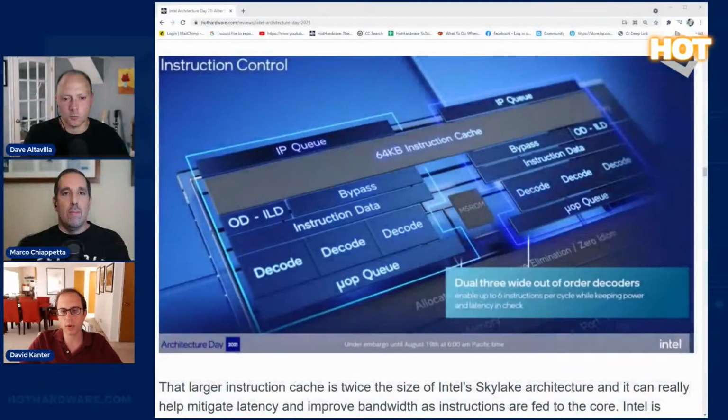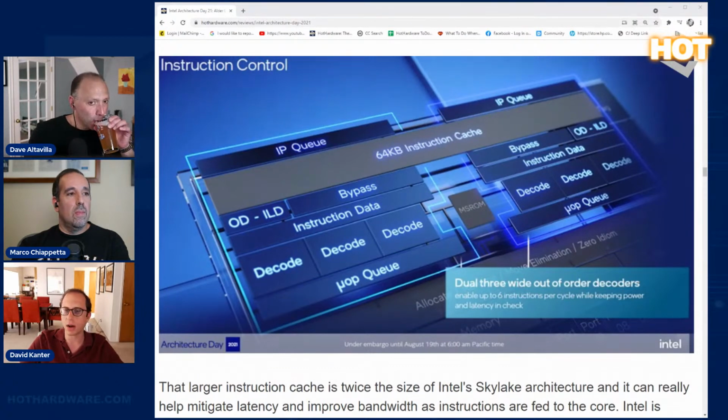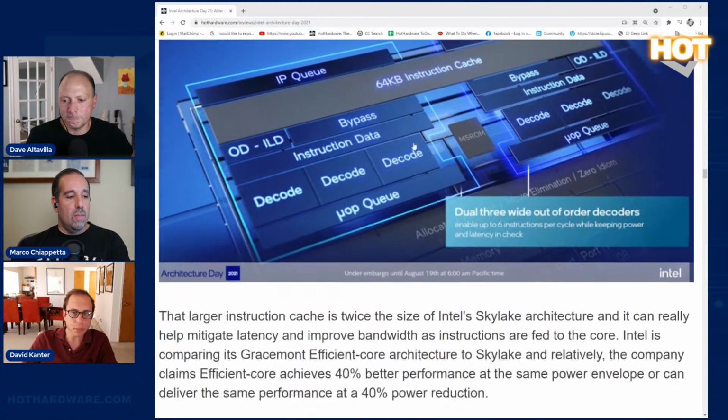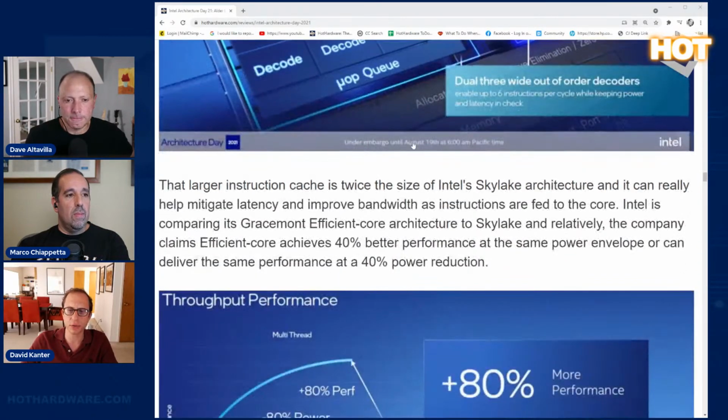And so that to me is, there we go, that's the money shot. So, big L1 instruction cache, big L2 cache as well. No UOP cache, for instance. They are very different architectures. And I think one of the interesting things to look at is how they might cross-pollinate over time.